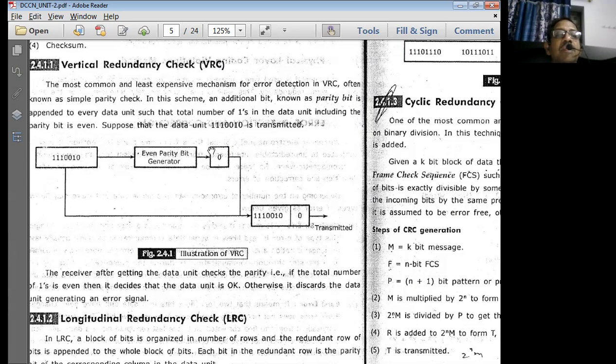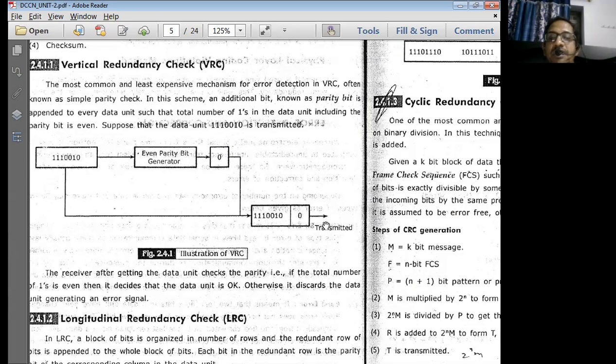Including the appended bit, the total number of ones should be even whenever the data is transmitted by the transmitter. For example, if you are transmitting 1110010, how many ones are there? Four ones. Four ones means it is even parity. It passes the even parity check. Therefore, a 0 is appended at the end.